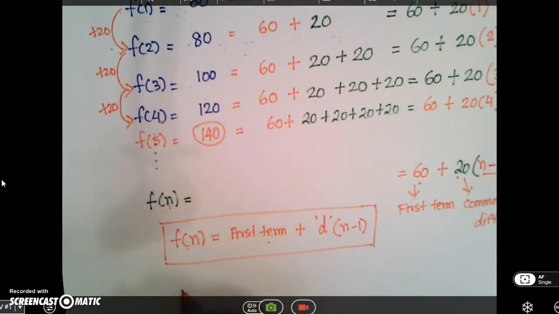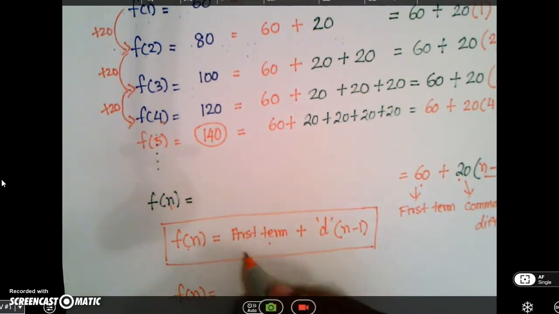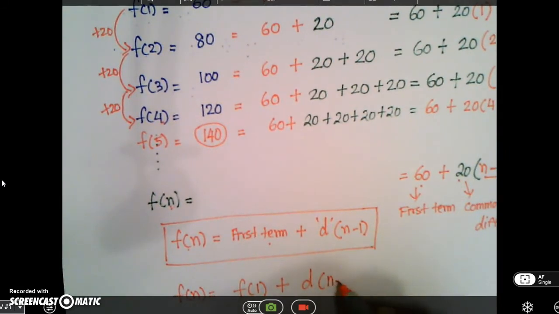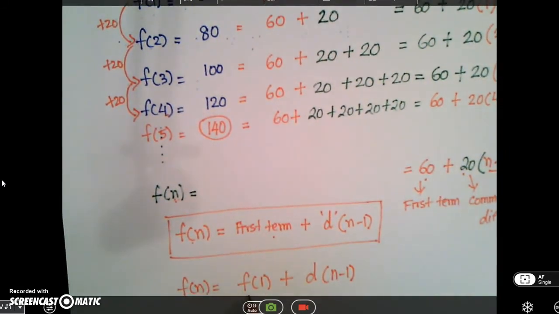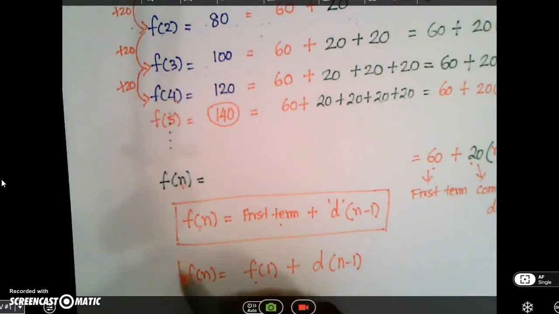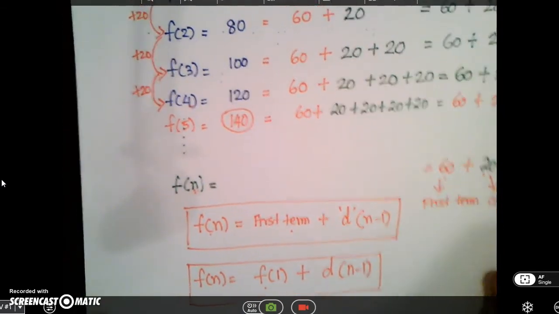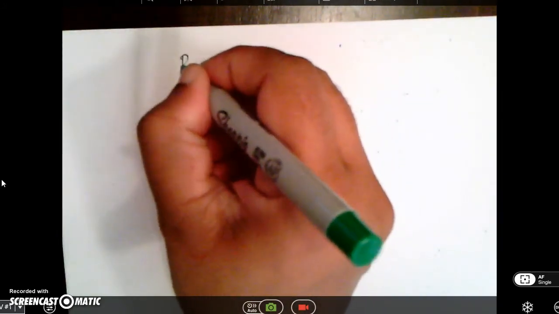So explicit rule, again, the first term is f of 1 plus d times n minus 1. So my first term plus the common difference times n minus 1. So that's your explicit rule. So if I have an arithmetic sequence, all I need to know is my first term and my common difference, and I can write my explicit rule. So the second thing we're going to do is write a recursive rule